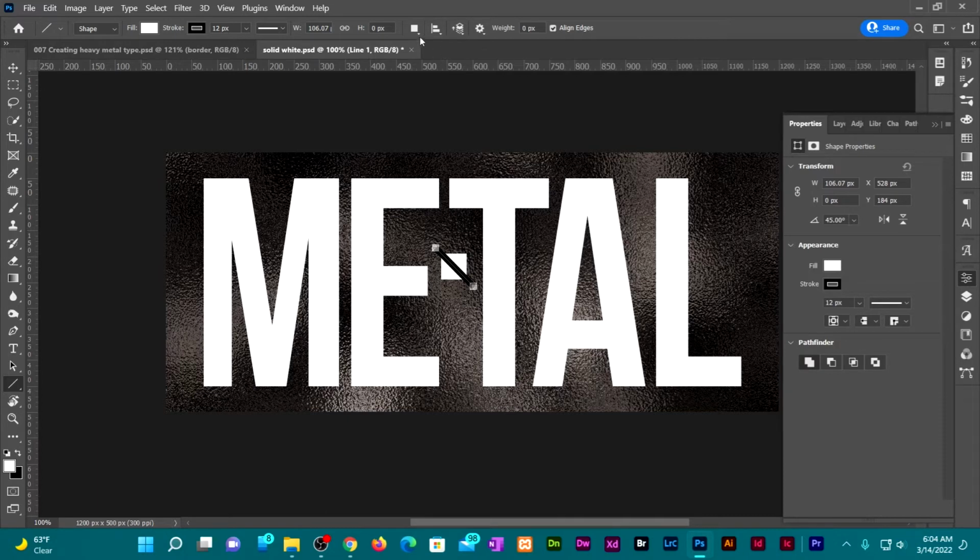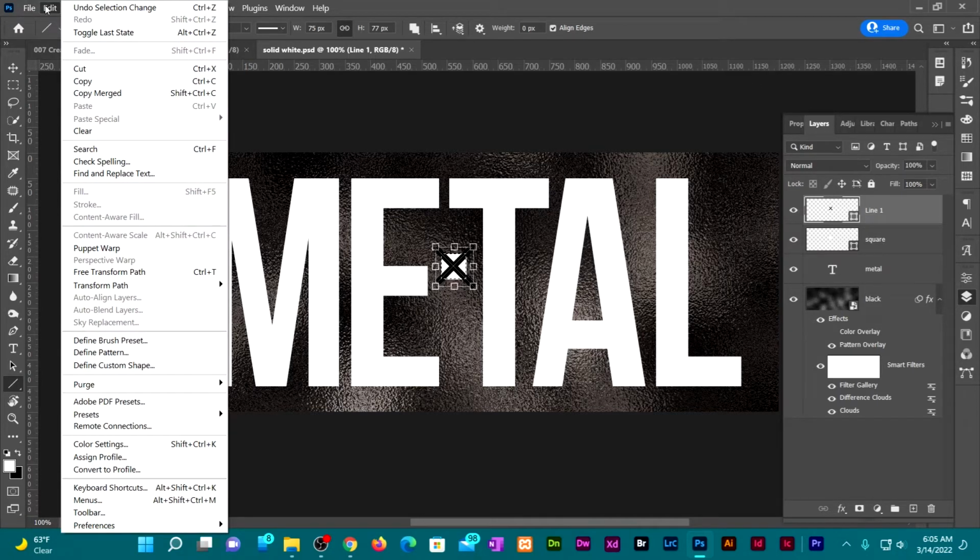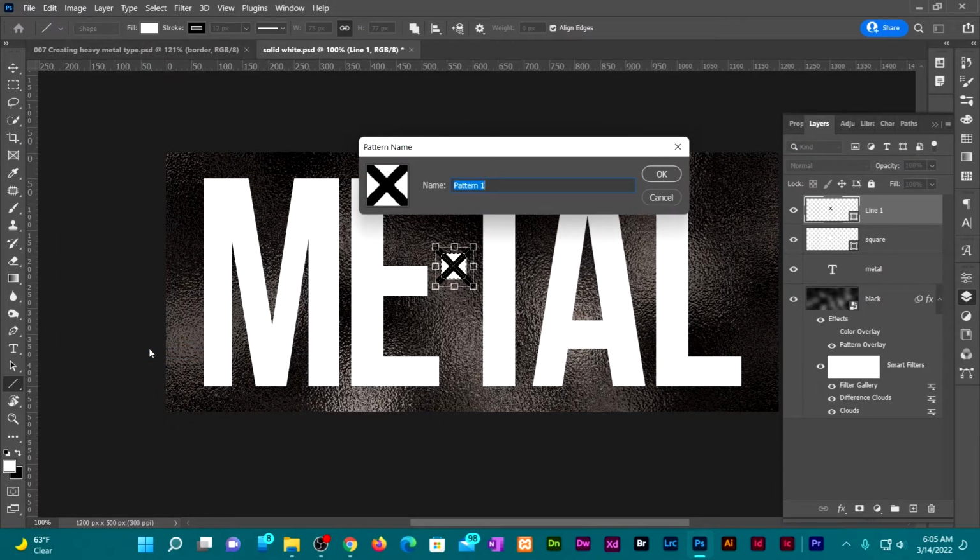Go back to the toolbar, click on the pause operations, select combine shapes, draw another line from the right, holding shift to have a diagonal line, align with the corners, go back to layers, let us name the square layer. Control click on the square layer, go to edit, define pattern, let us call it wires,